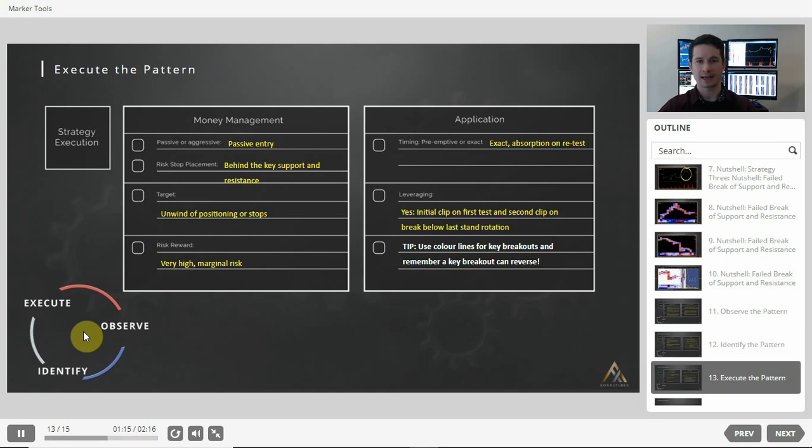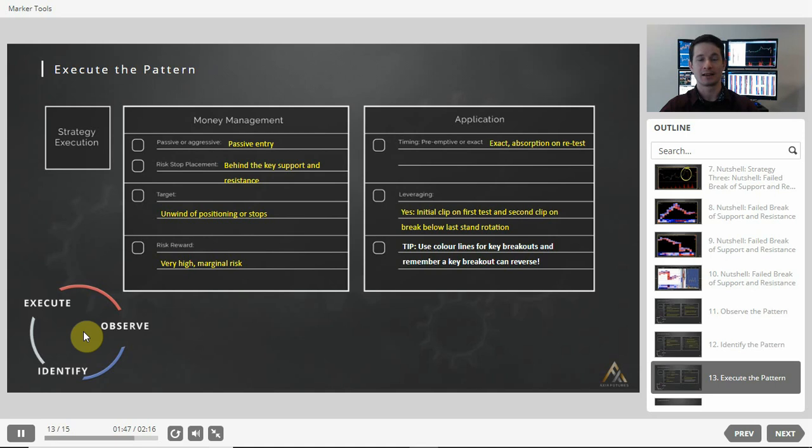We are going to be taking a target of at least 50% of the day's range. So with a very limited stop, it does give us good risk reward metrics. In terms of the application, it's exact. We wait for that absorption on the retest and then we simply execute. Leveraging, yes, definitely. In this instance, we will. We only, however, leverage in the instance that we get the clue. So if we get that absorption, we enter in once. And then just before the break below that consolidatory zone, as we spoke about in an example, we add on